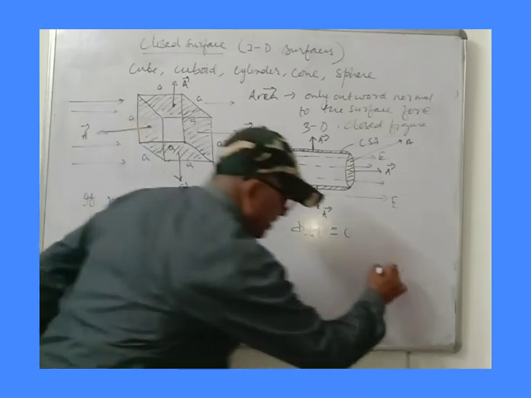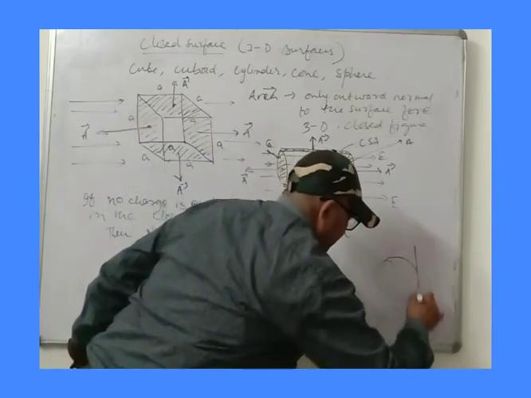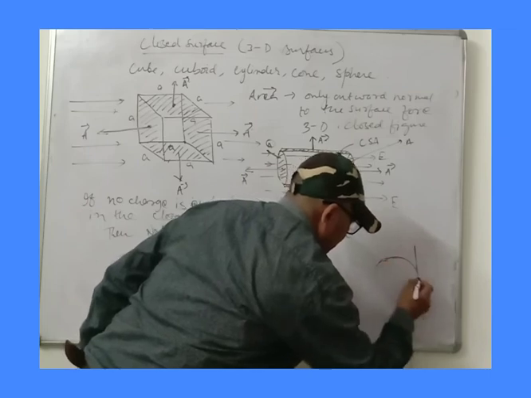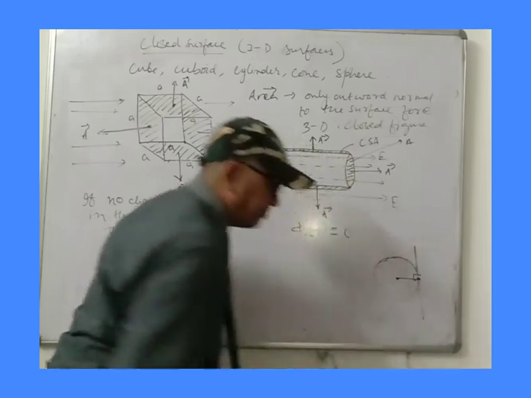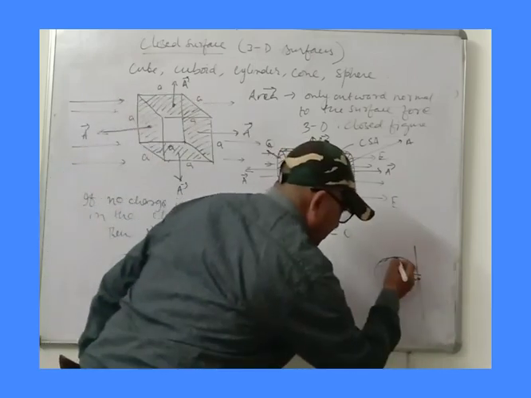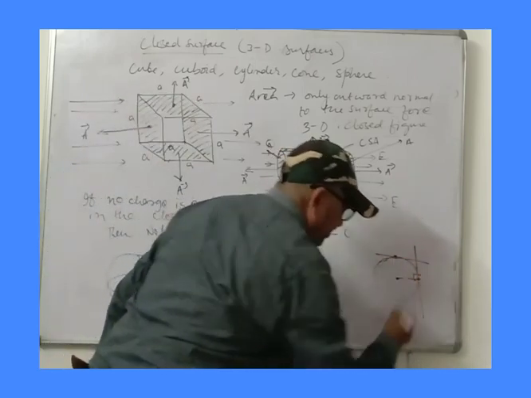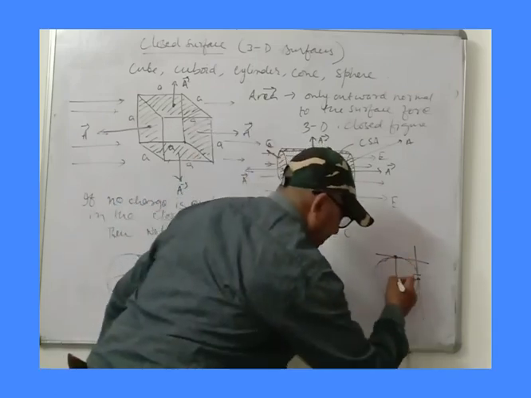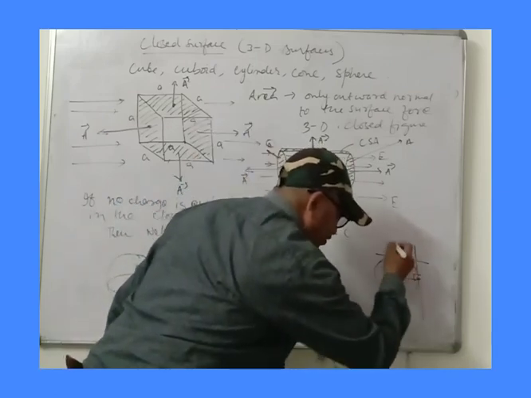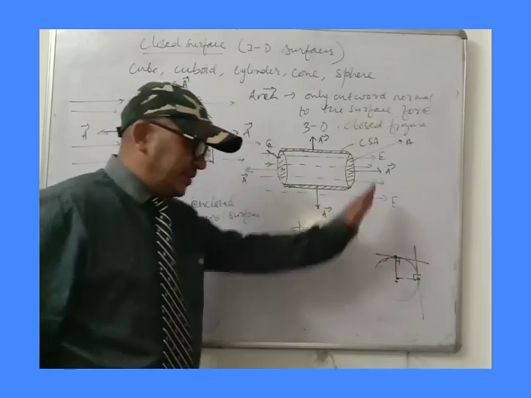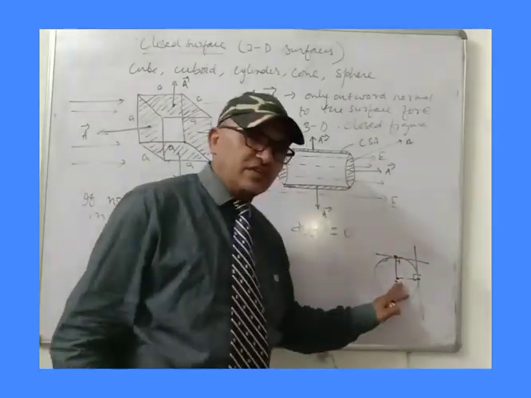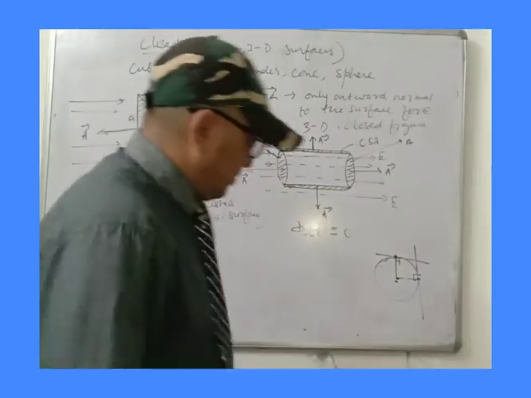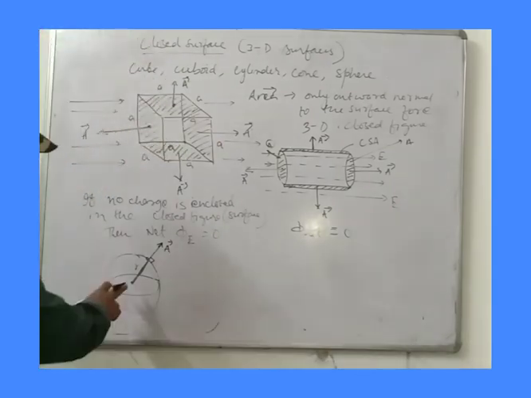We have studied in class 10 that if there is a tangent, from the point of contact, if we join the center, it is perpendicular. If you take this point over here, you can imagine another tangent here and just join perpendicular. If it is perpendicular to a point, then it has to pass through the center. So all the area vectors will pass through the center.